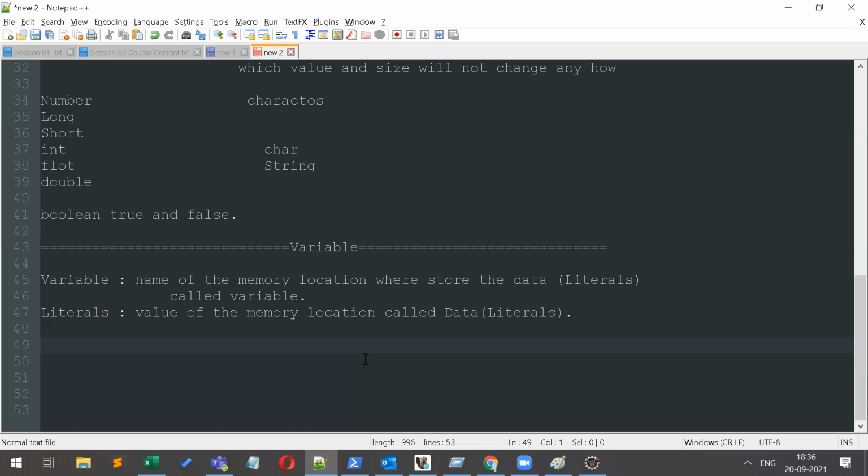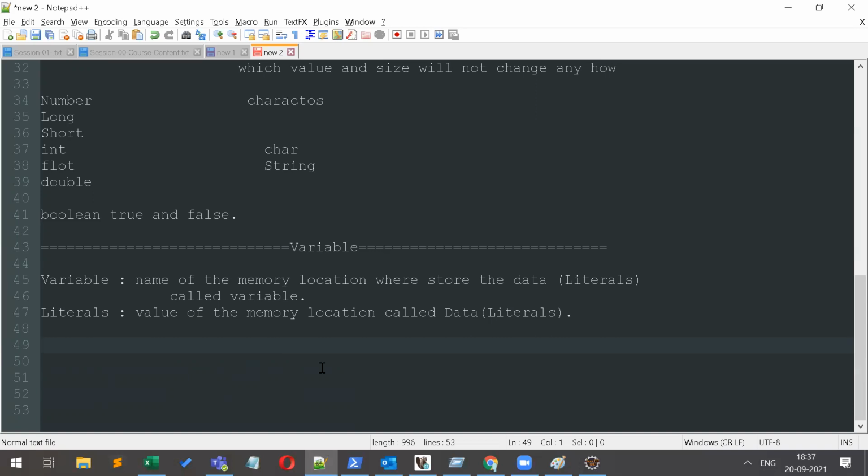This is what we have discussed here: what are the data types, what is a variable, what are the literals. Then one more thing you have to think about is the variable. There are rules to declare variables. What is a variable? The name of a memory location where we store the data.